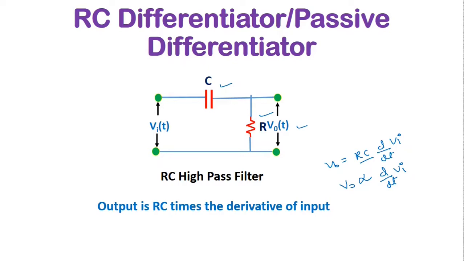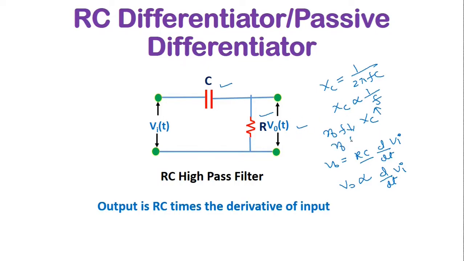circuit. And this circuit also acts as an RC high pass filter, because we know that XC, that is capacitive reactance, is equal to 1 upon 2 pi FC. Therefore, from this equation, the capacitive reactance is inversely proportional to frequency. Therefore, if frequency decreases, that means for low frequencies the capacitive reactance will increase, and since the capacitor is connected in series with this input voltage, when capacitive reactance increases, this capacitor will act as an open circuit for low frequency signals. Therefore, low frequency signals will not be passed by the circuit.